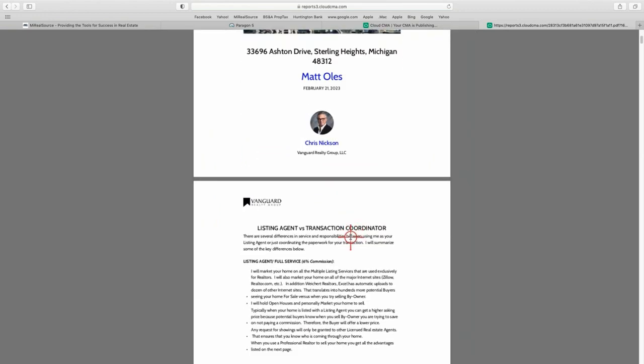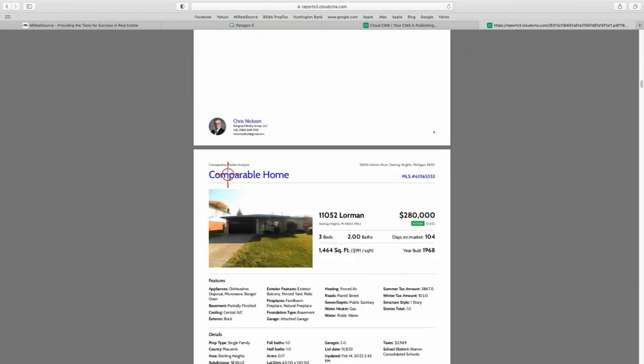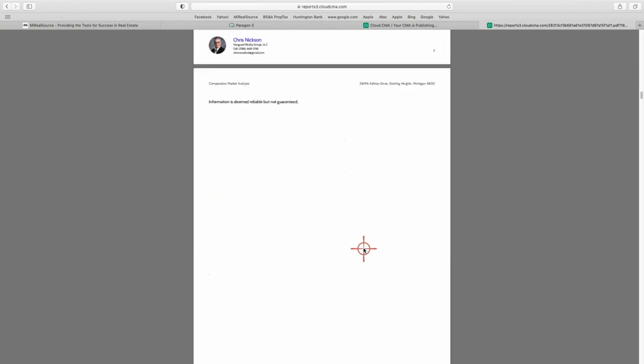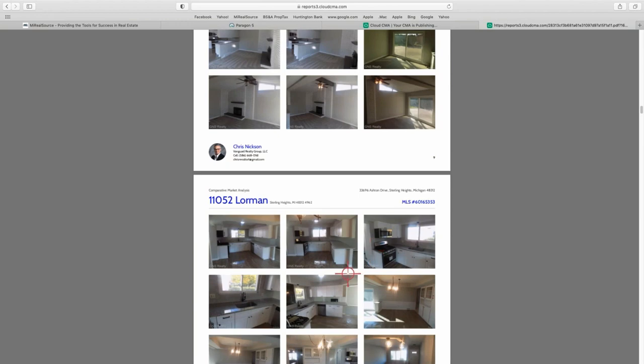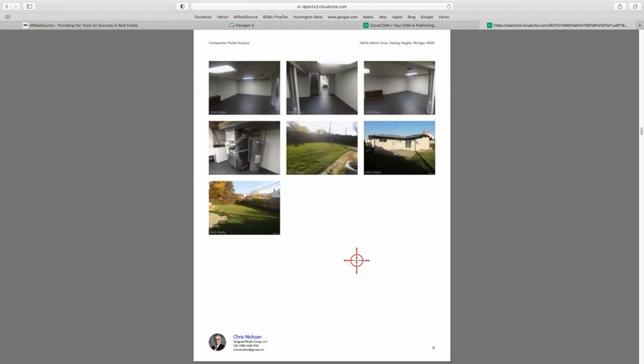So here's the CMA and how it looks. Now remember last time we had the 2 photos. I changed it to the cover photo with information on it. This is not bad. And now you had the first page of photo, but it added all the rest in there. So now we get all these pages, we get 3 or 4 pages of photo, and I want to see